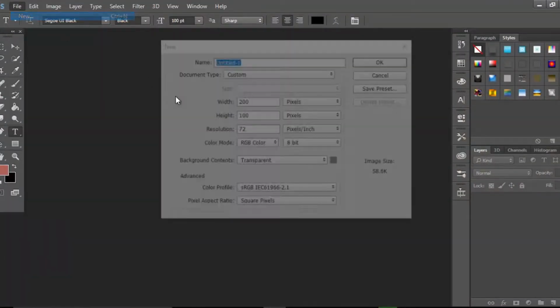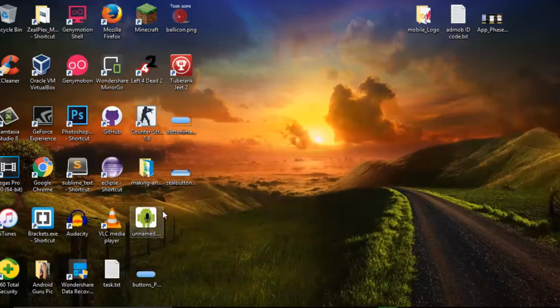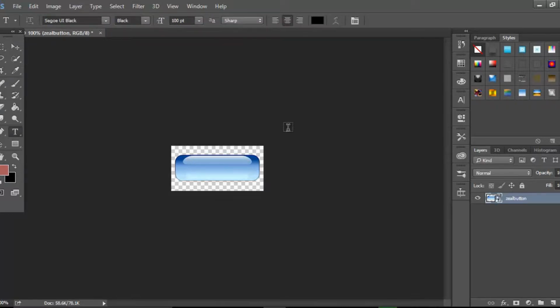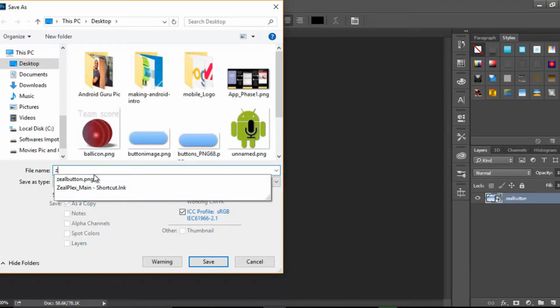Just open up a new file, with 200 width by 100 height. Grab this button, go inside my Photoshop, and paste it right over here. So there you go, the button is right over here. Hit enter. There you see the button is right over there. Save it. Why do I use Photoshop? To resize the button. Then name it Zeal button,